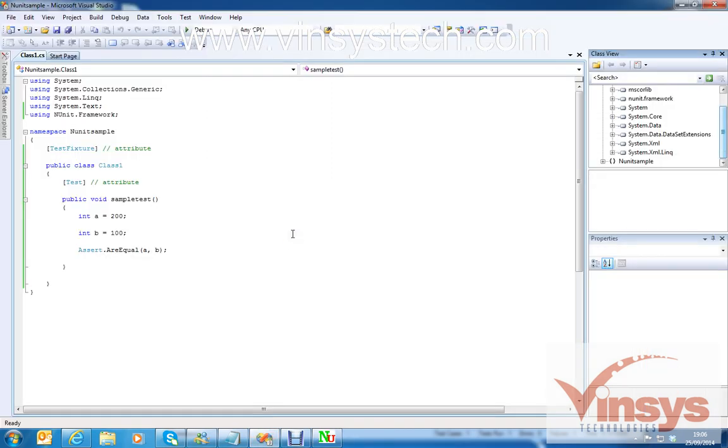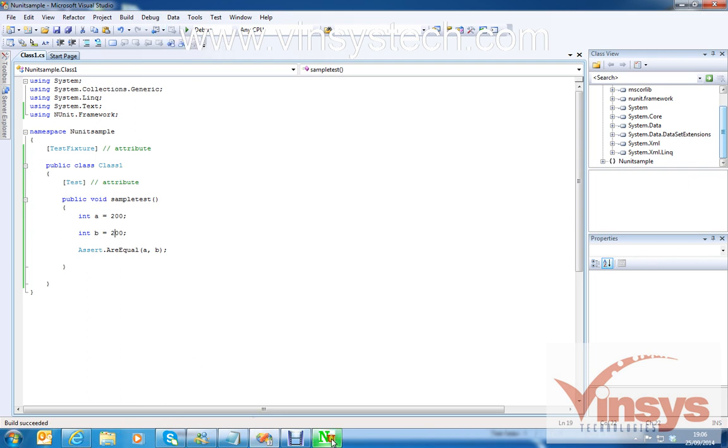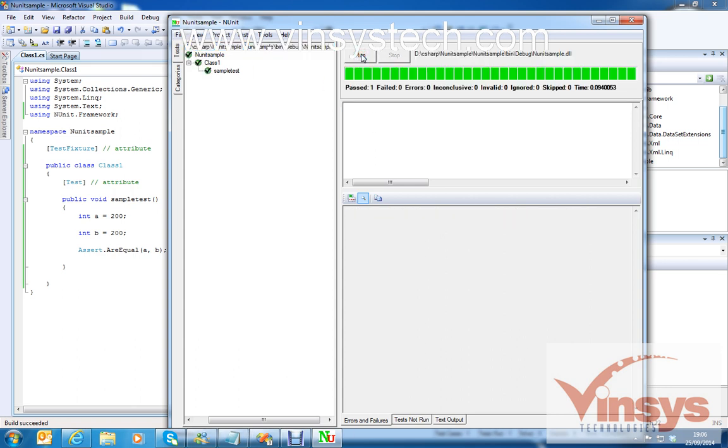So now we'll go back to the program, and we'll make it the same number, 200 and 200, and we will save the file. And don't forget to rebuild the solution again. Okay, build succeeded, go back to NUnit, and now run it again. See, now all the tests have run, and you can see there are no errors here, and you can see the result as passed, 0 errors, and you can see the time as well, right? So this is the way you can do the unit test framework